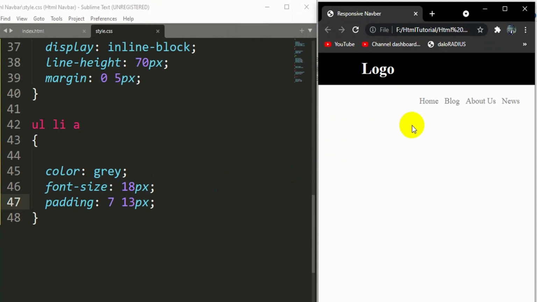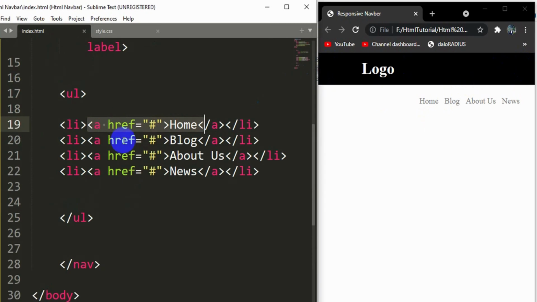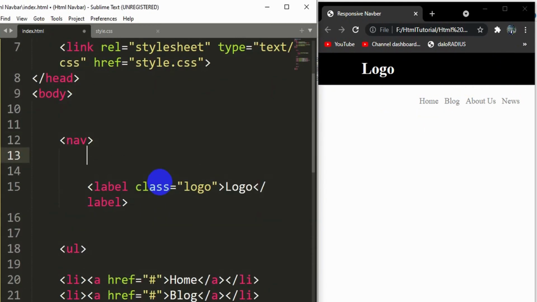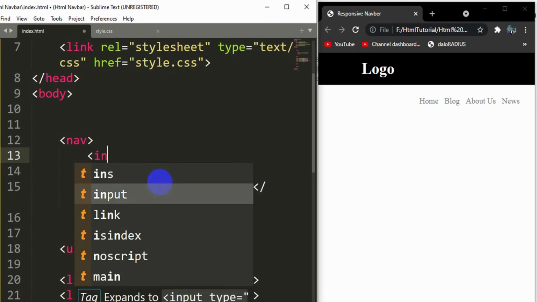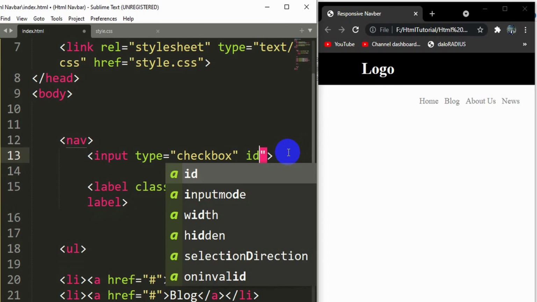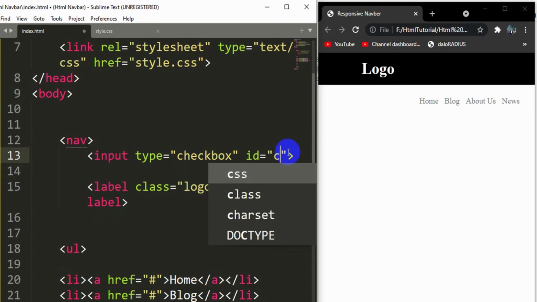So for making it responsive, we need a menu option over here on the right side. So first of all, we'll go to index.html, and here you can see nav, and inside this nav we are going to say input type, it will be checkbox, and we'll remove the name, we'll say here id will be let's say check.